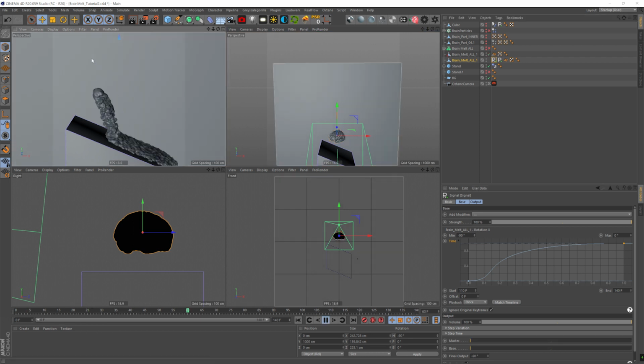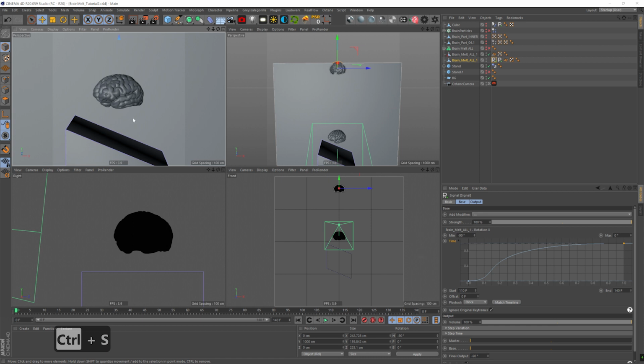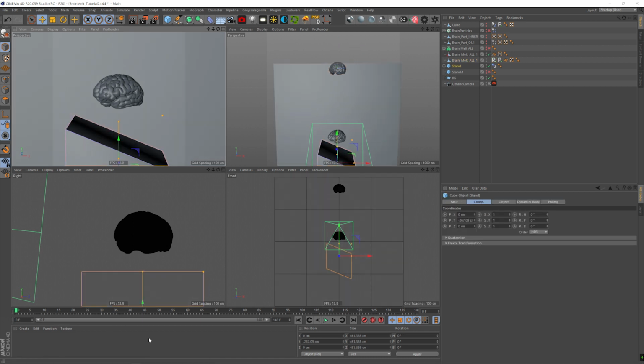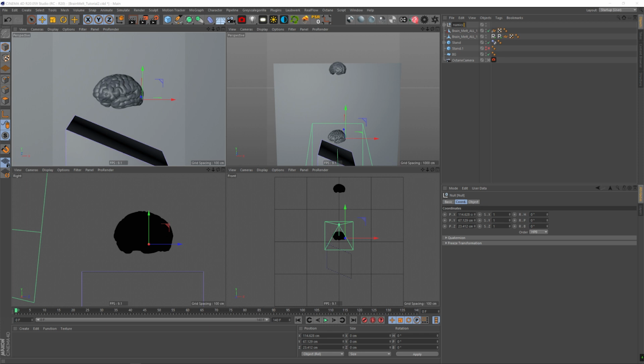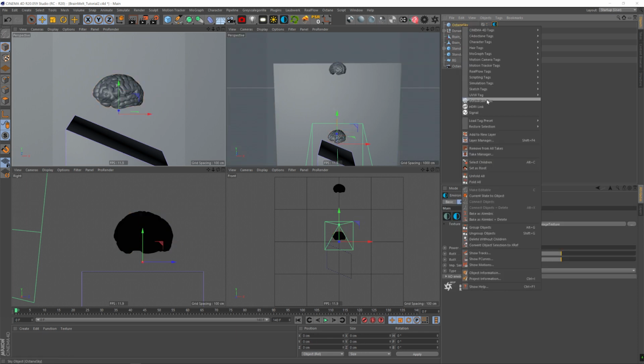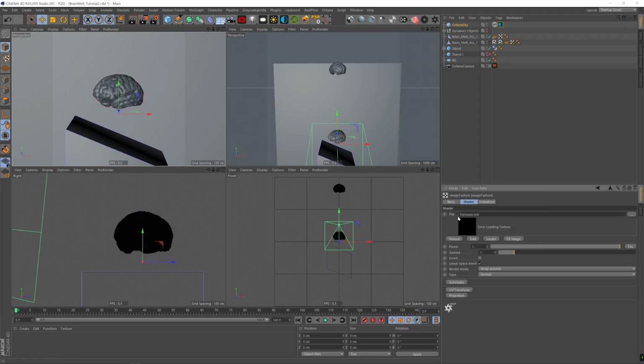And now you can see that our animation is working fine. It's perfectly looping and it's all good. Now let's take all of our dynamic process and group them and just hide them for now. Great. Let's start lighting. So we're going to set up an HDRI link on our Octane Sky, drag the file in,